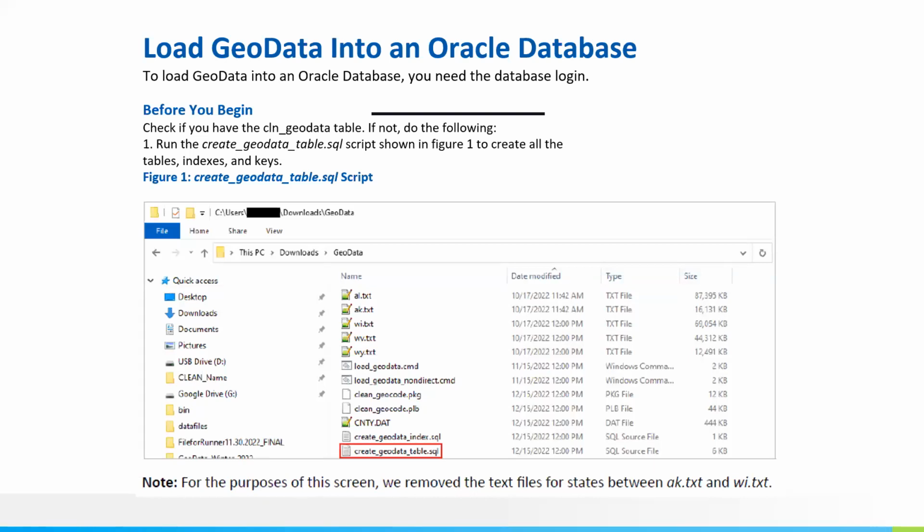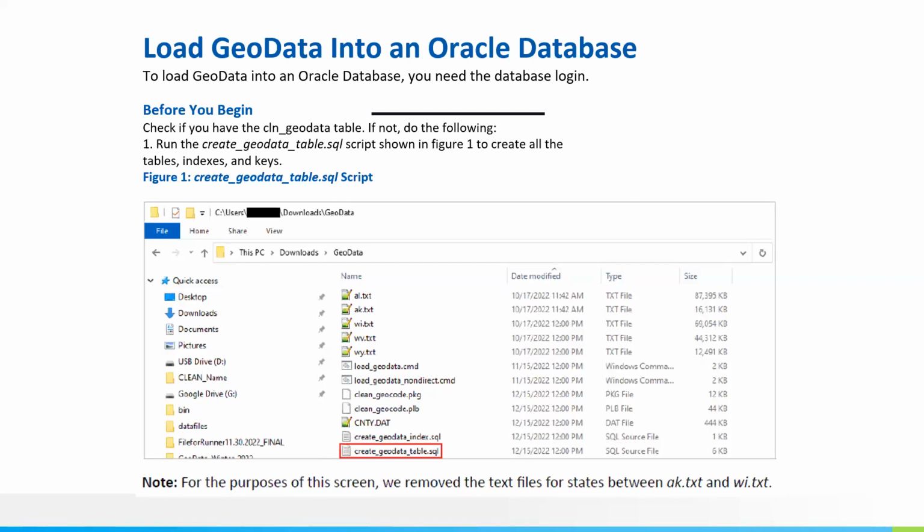Scott? What you're looking at now in Eric's presentation is the actual contents of the GeoData update file that you'd be getting quarterly from us. The create scripts only need to be run one time.